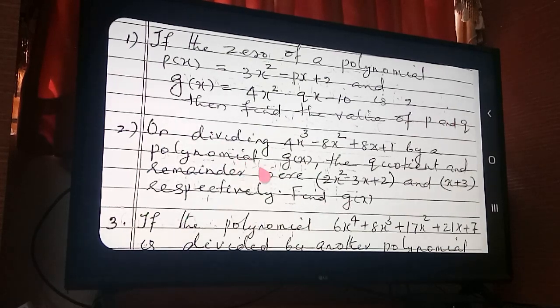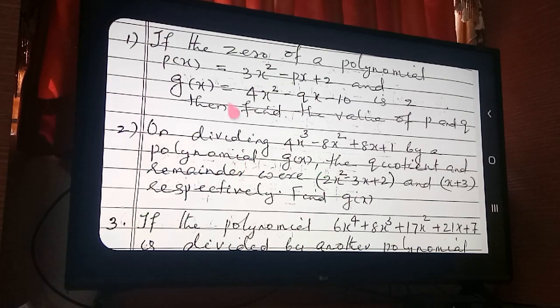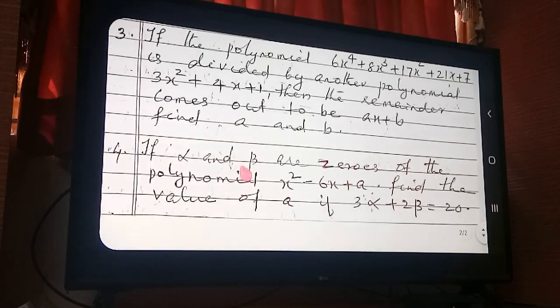And the second question, this second type of question, I already explained one question. This type of one question only came this year for the board examination. Okay, this year in 2020, this type of one question only came for the board examination. And next the third question, this all question types I have already explained. And the third question, here also just now I explained. One remainder is given and you will get another remainder, from that you find out the value of a and b. Here also this is the fourth question. If any of the questions has doubt, you can ask me. Okay, so our second lesson is over. Now tomorrow we will start with the next lesson, probability. Okay, bye.